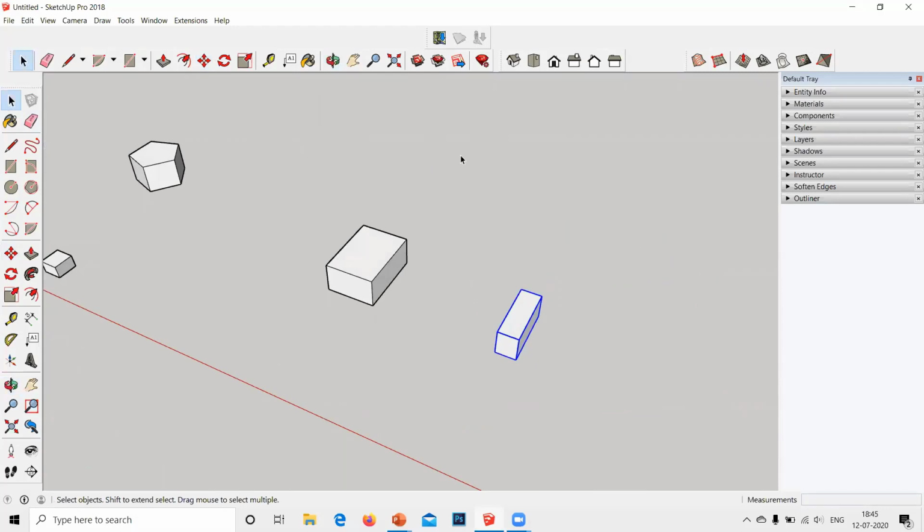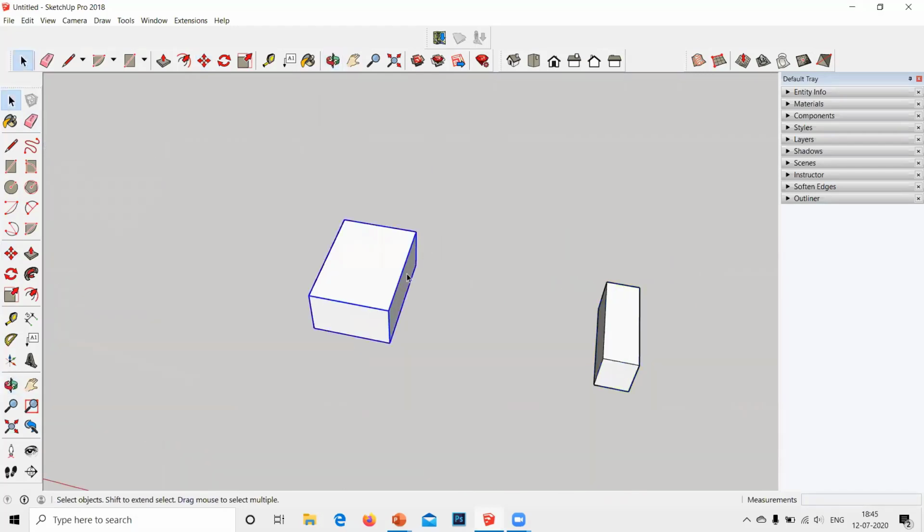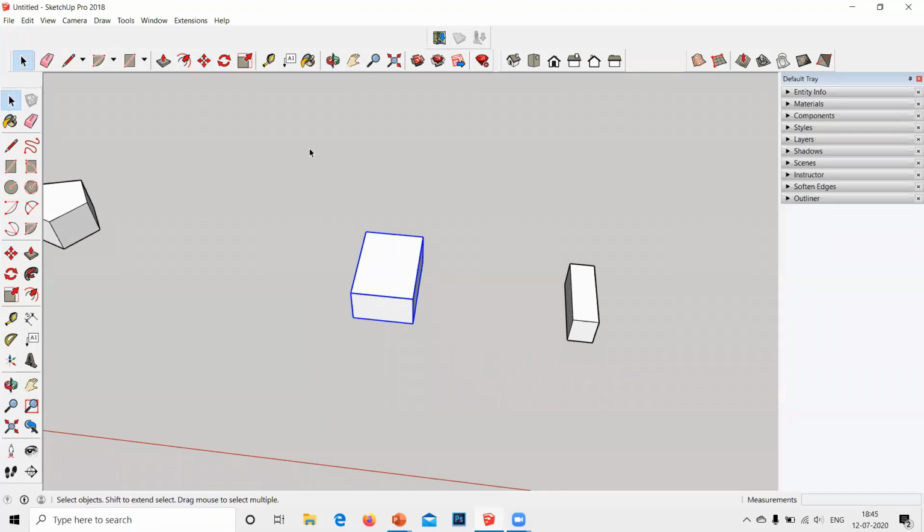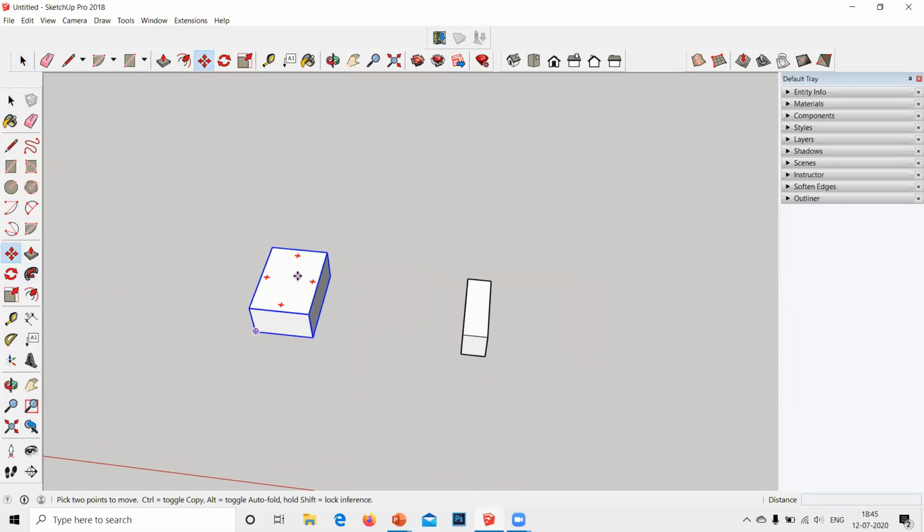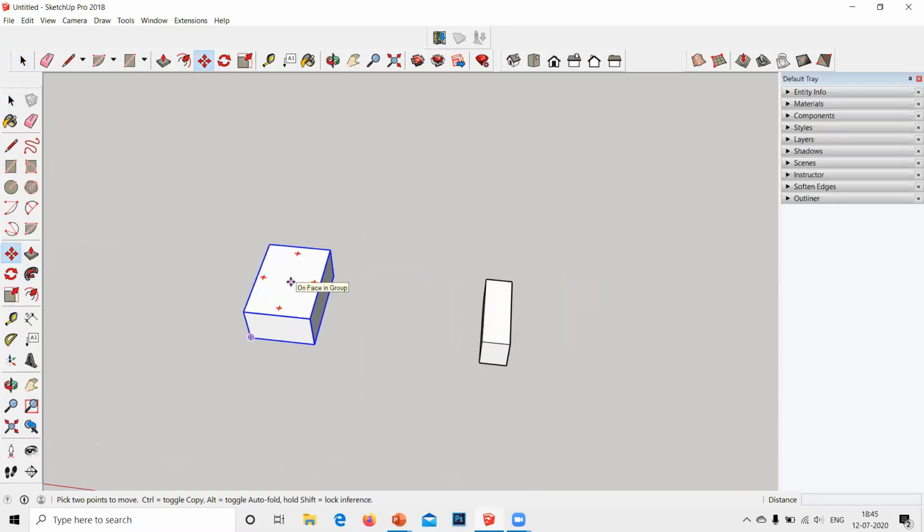So now I want you to create at least 4 copies of your group. This was a group. Select the whole thing. Click on this move. Okay. And click Control C, Control V. Okay, the basic Control C, Control V copy paste shortcuts we are using here.